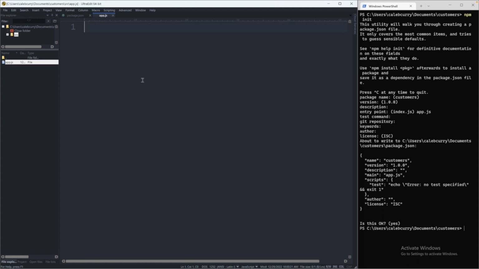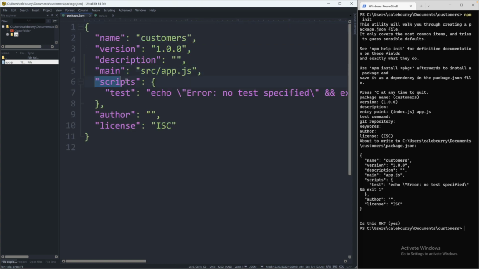Now in this file, let's just do a very basic thing like console log, and in here we will say hello world. So the goal is to be able to run this. We can define different run commands in this scripts section of our package.json. One of the commands is test, which currently just says no tests specified. This isn't very useful unless we are doing some testing, so I'm just going to remove it. And instead what we're going to do is create